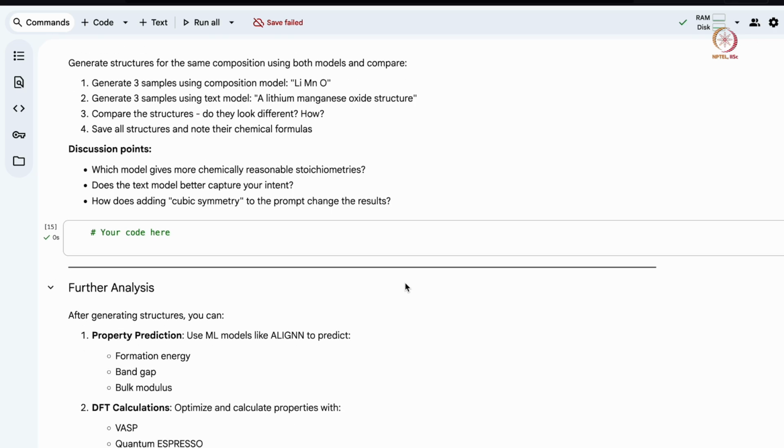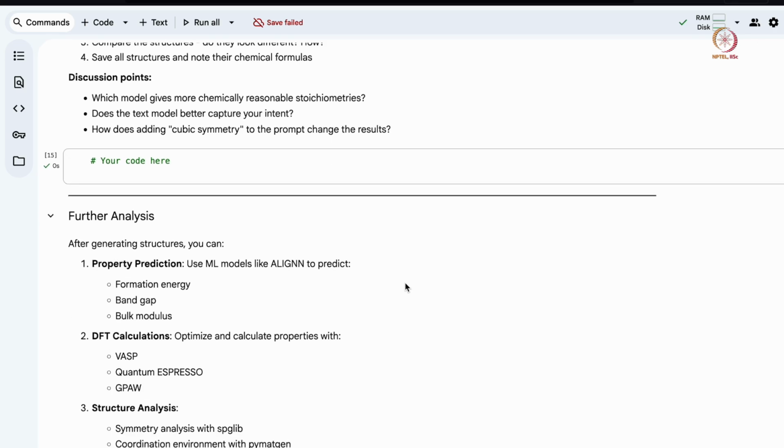Since we have previously trained models like Align, which can directly predict formation energy, band gap, or bulk modulus, what you can do is give these structures to Align and find those: the formation energies of the structure, band gap, bulk modulus, or any other properties on which you have pre-trained your Align.